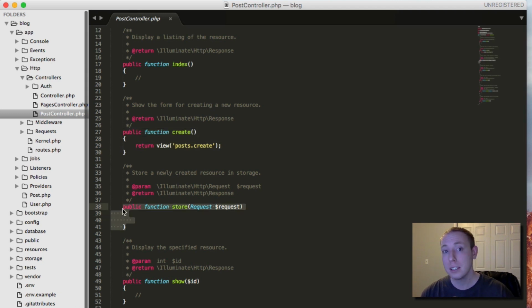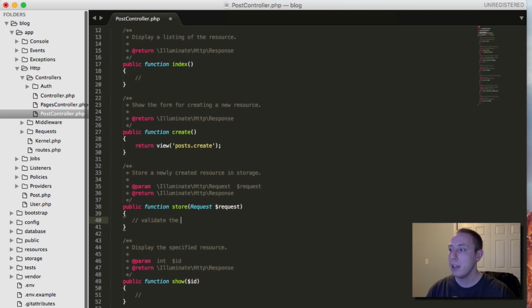Now the store action is a little bit different because it's coming in as a post request, which, by the way, is why we see this request variable here. It's pulling in all the data from the request that might have been submitted with the form. We're going to take that data, process it, and then submit it to our database. Now, with any good store request, this is basically the way it would be. You would write the code. The first thing you need to do is validate